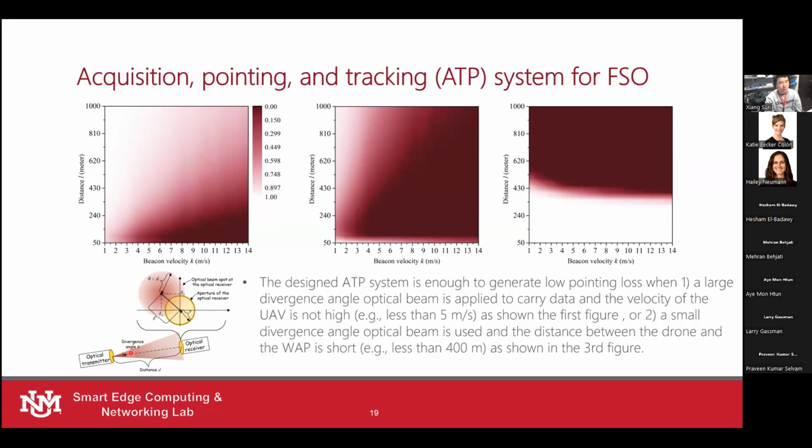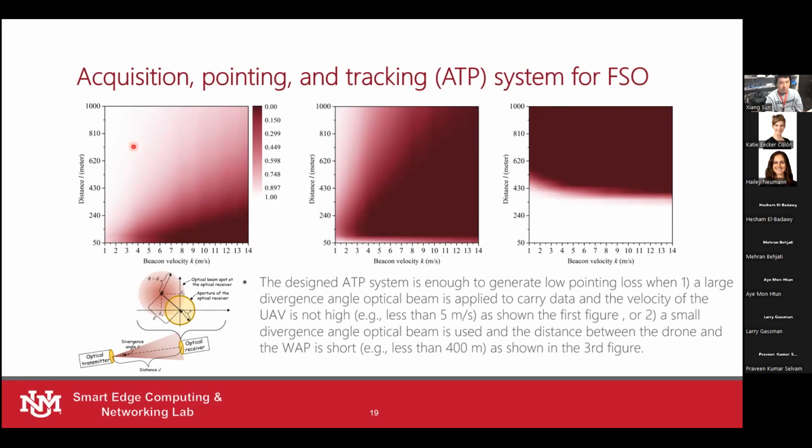By the way, if you forgot the definition of the divergence angle, basically it's here. It determines the size of the optical beam transmitted from the transmitter. So again, in those three graphs we are applying three different divergence angles: a large divergence angle, a medium divergence angle, and a small divergence angle. If we apply the large divergence angle to carry the data and transmit it to the base station, we can see that